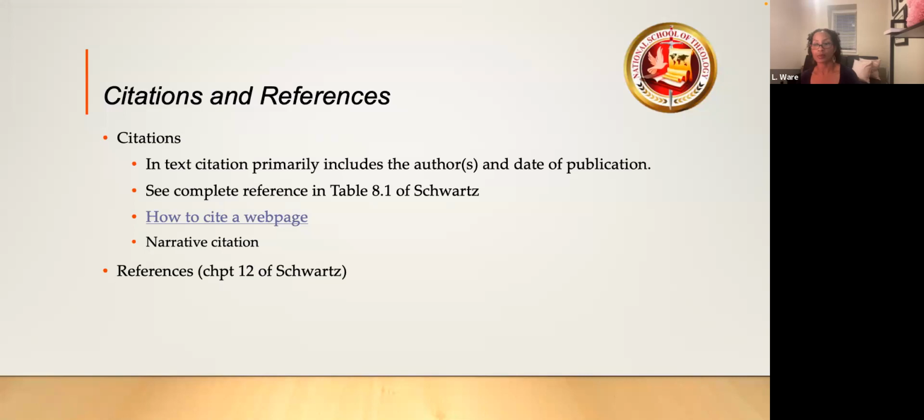And again, we had a video on that as well, as far as how to cite web pages and how to actually do your books, journals, web pages. All those are specifically called out in chapter 12 of your Schwartz text. And I'm sure there's a YouTube video on it. The sources at the end here, the Purdue OWL, I don't know how many of you all have looked at that. It is a wealth of knowledge with everything you need for your APA format. If you start clicking through there, you're going to find examples and templates on how to do just about anything you need to do, and particularly with the 7th edition of the APA format.